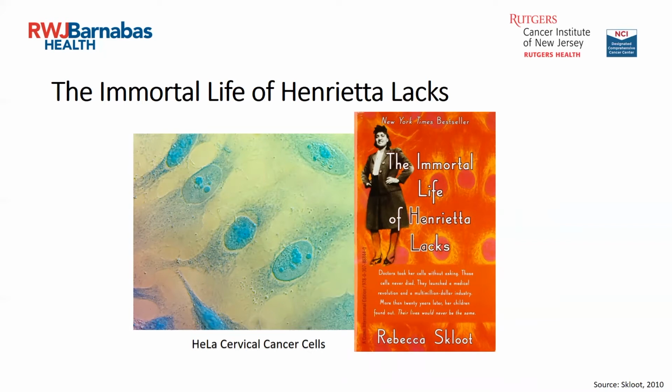She died shortly after her treatment, and her family wasn't compensated at the time. They did find out 20 years later and were able to get some compensation, but not without a legal battle. This is significant because her cells became very important in medical research and are still used to this day. They're called the HeLa immortal cell lines. These cell lines are the oldest and most used cell lines we have. At Hopkins, the committee tasked with deciding who can use HeLa cells now includes 2 members of the Lacks family.